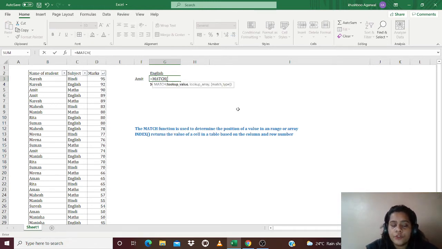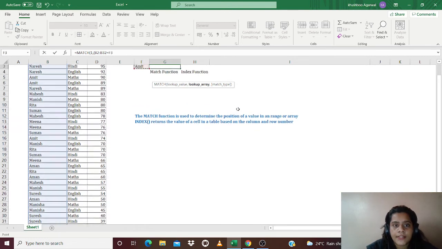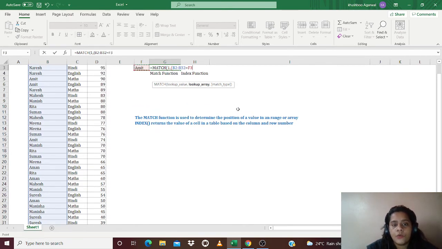Over here, since we have to look up two criteria, the name of the student and the subject, we mention the lookup value as 1. Then we have to select the lookup array. In our initial example, we selected the column in which the name must be appearing. But over here, since we have two searches, we have two columns. So one by one, we'll define each criteria. So we put an open bracket. Then we select the column in which the name of the student is appearing. We put an equal to sign and select the cell in which the lookup value is appearing.